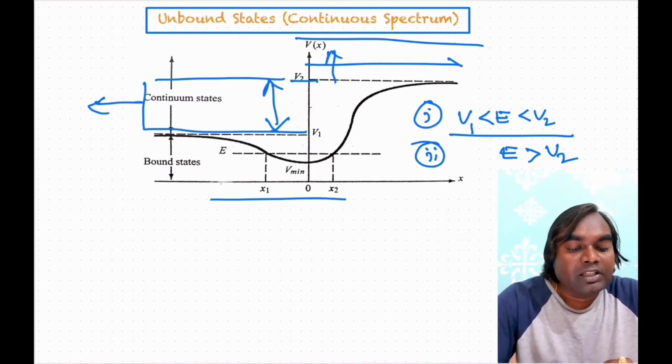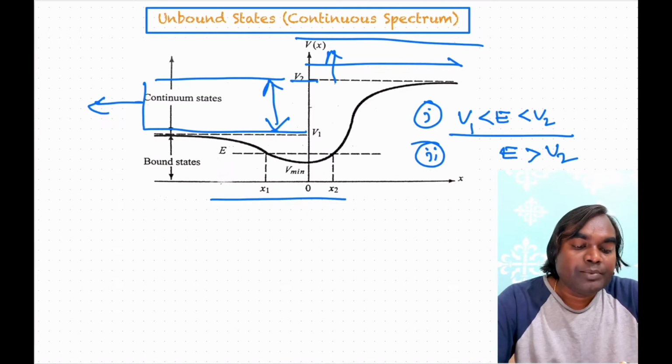So the energy spectrum is continuous and the particle's motion is infinite in both directions of x, that is x tending to plus infinity and x tending to minus infinity. All the energy levels of this spectrum are doubly degenerate. It is to be noted that the solution of the Schrödinger equation is a linear combination of the two independent oscillatory solutions, one moving to the left and another to the right. I will discuss this with mathematical descriptions.